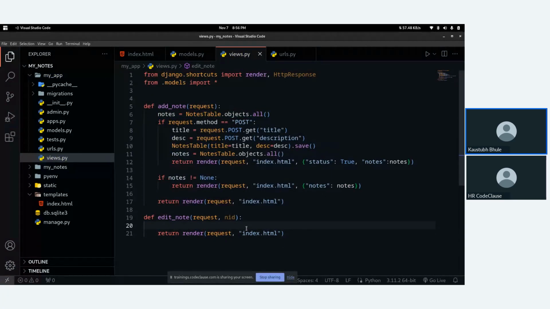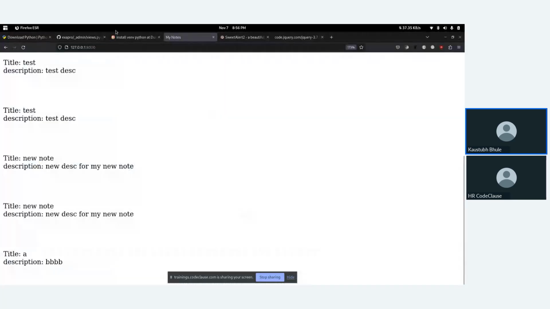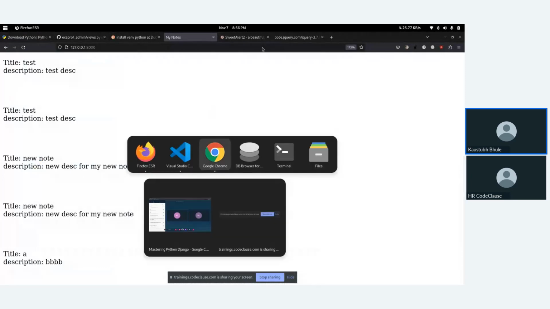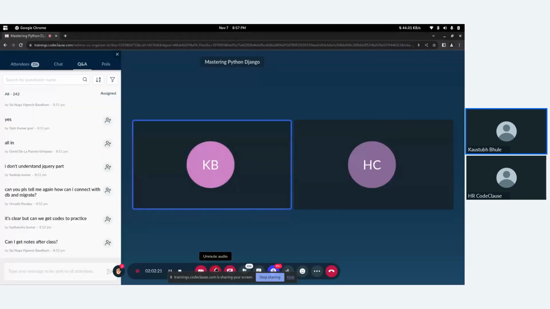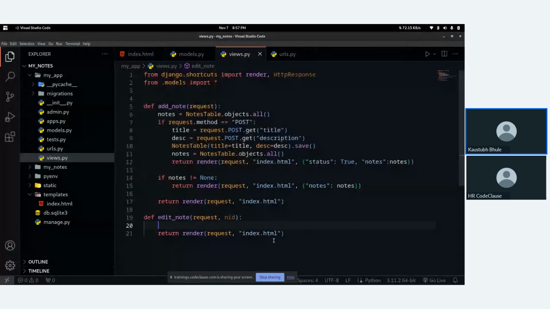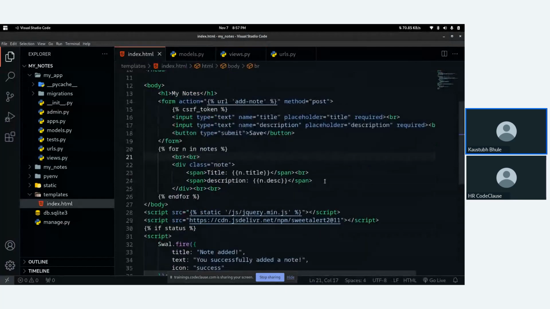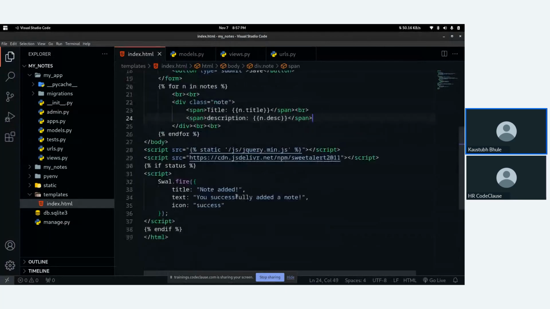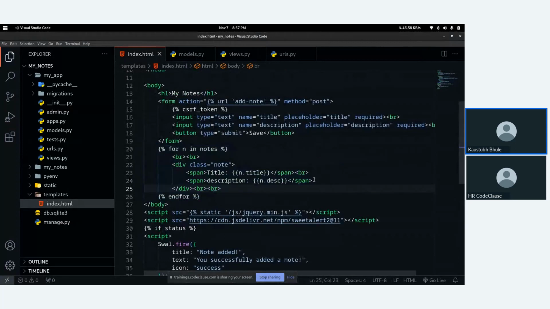Now to edit a node, we need a... okay. So here is our node block, right? Where we are adding nodes.